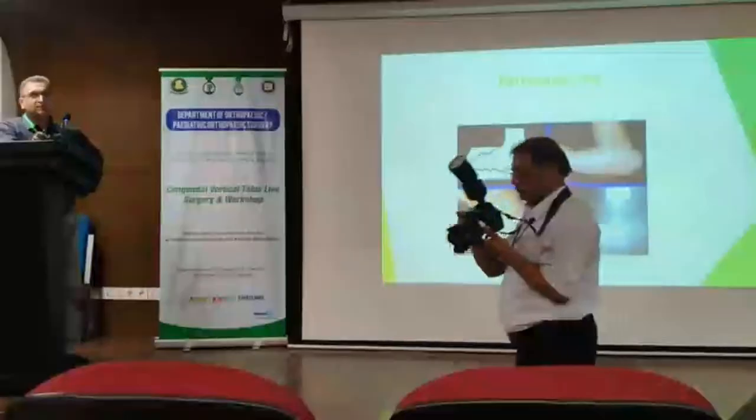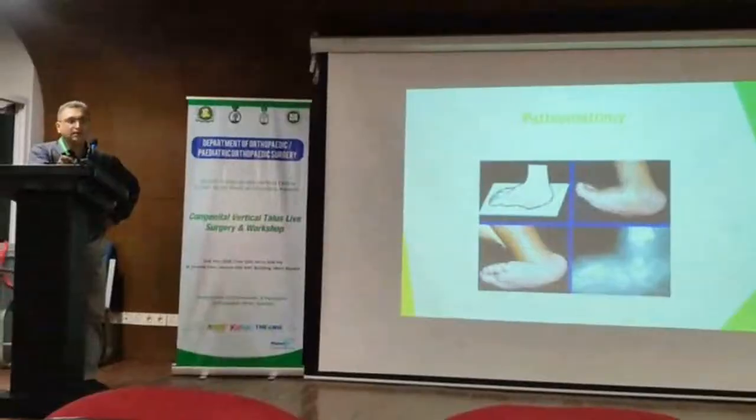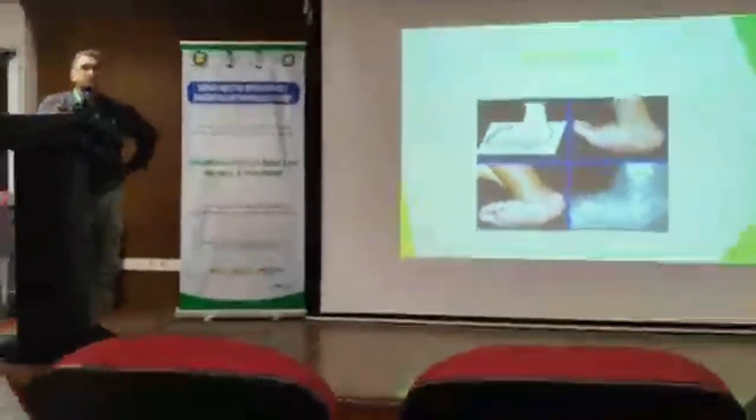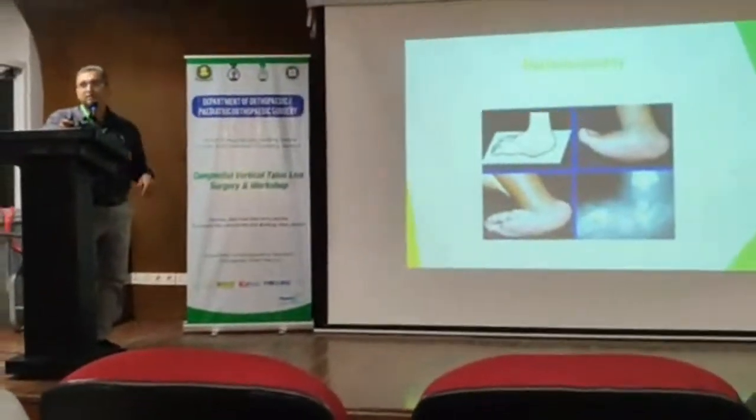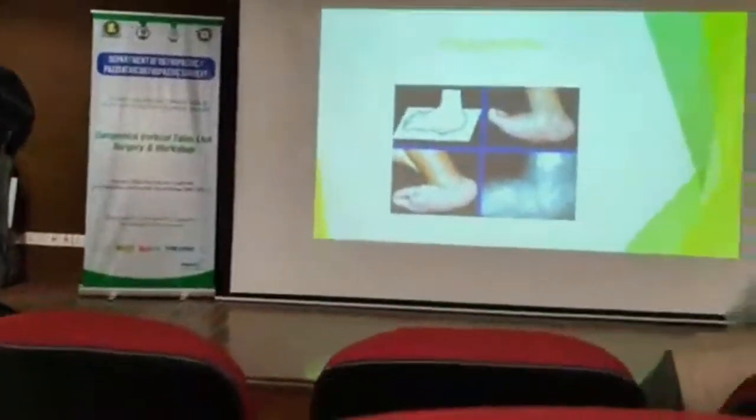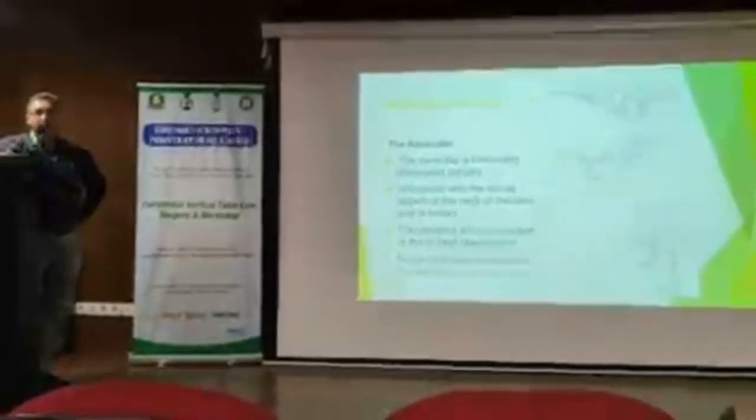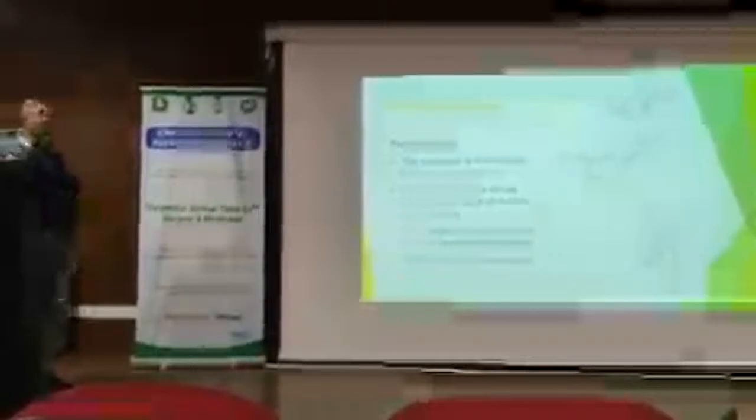So the pathoanatomy changes occur in the skeletal structure, in the tendons, and in the ligaments. Because the bones are plastic, the bones ultimately become deformed and the foot becomes deformed if left untreated beyond 2 years of age. So skeletal anomalies will go step by step. First, the navicular